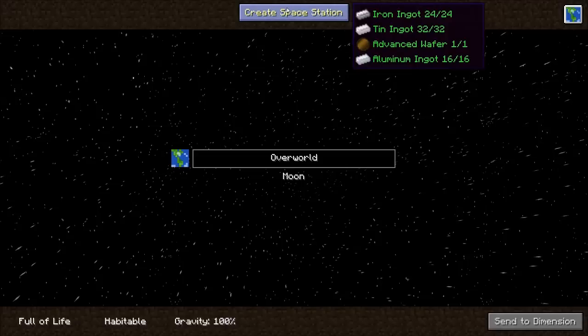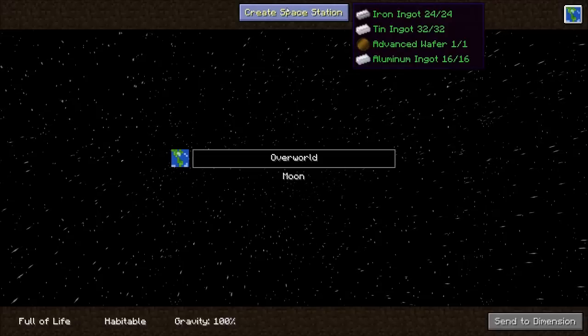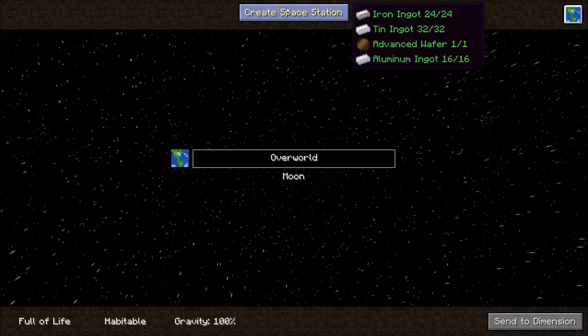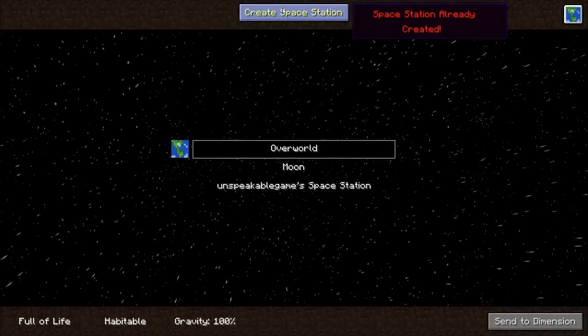and we need to click on this thing right up here at the top that says create a space station. Now if you don't have all those materials right there, then you will not be able to create it. So let's go ahead and just click it,